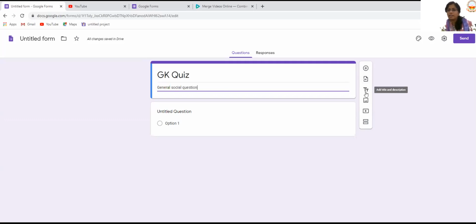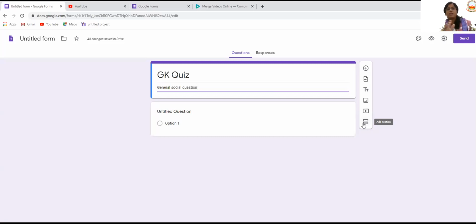This is as usual, adding a title and descriptions, adding an image to your question paper, adding a video to your question paper, and making different sections. Now, when I talk about different sections, it means first page, second page, third page. See, when we solve any question, it keeps going to the next page. Many a time we have seen whenever we are filling any website questionnaire, it asks us to go for next page. It will have a tab called next. So we have to click next so that it goes to the next page.